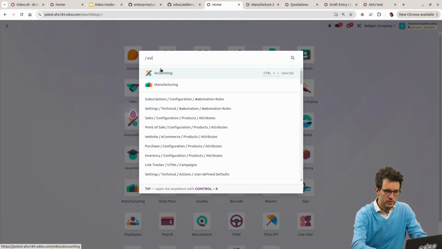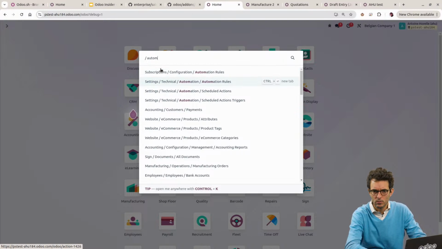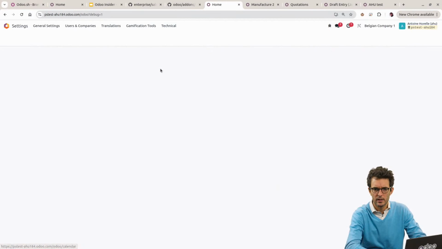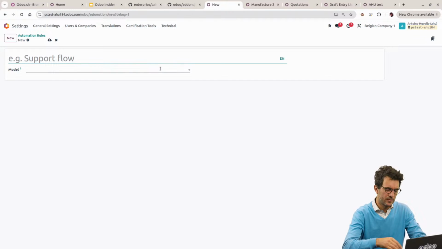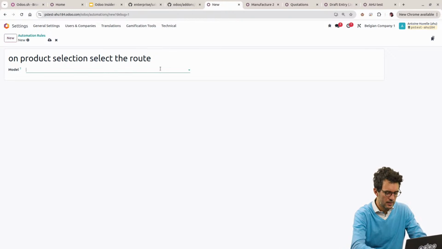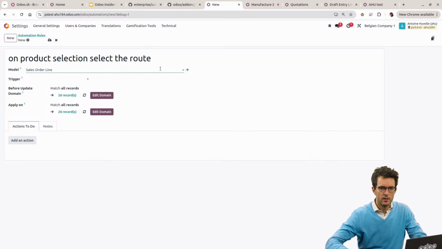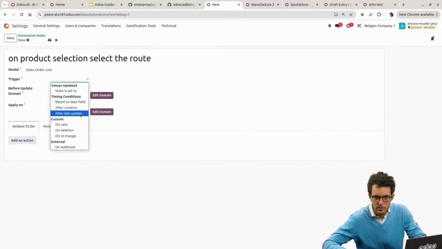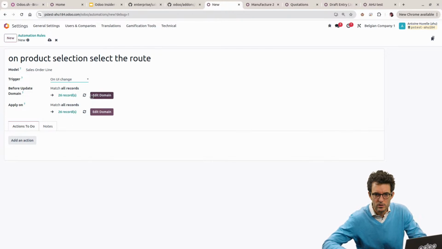What we can do is go into the automation rules over there. Create a new one. That would be on product selection, select the route. Okay, and we do that. And it will be on the models. It's a sale order line. We'll see if it works again. It's just a test. And we say based on UI change, on